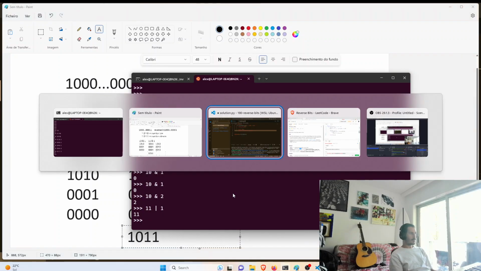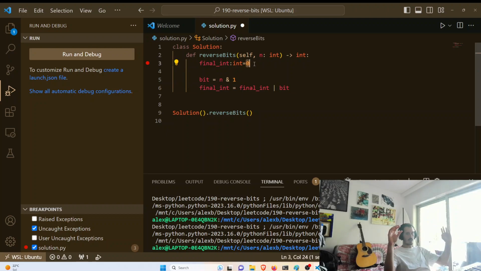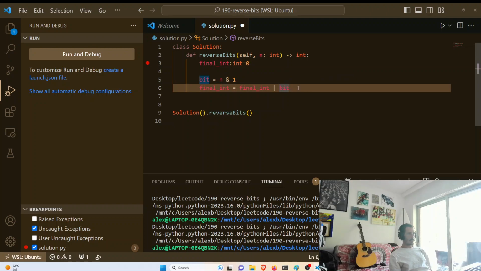And we know that we're starting with an integer which is 0. So it's just a lot of 0 bits. So we're just going to add the bit to the right place. So how do we add the bit to the right place? This is the tricky part. So what we can do is